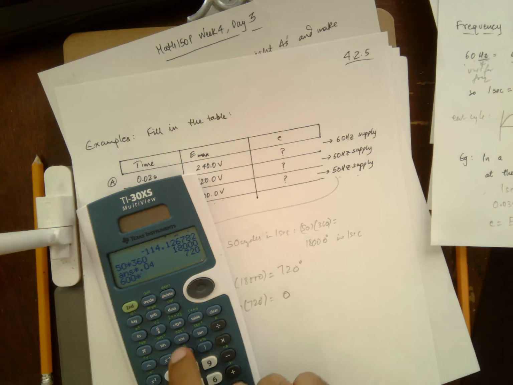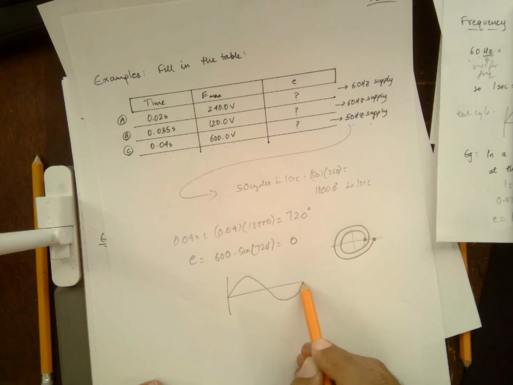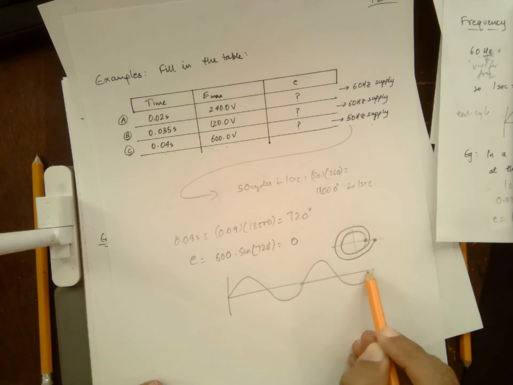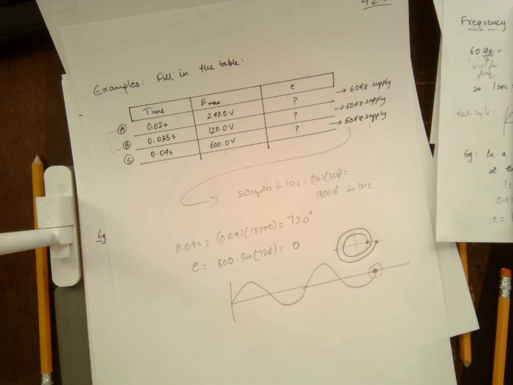Which means on the circle it goes around twice and it's back at 0, and on the graph you are somewhere here after 0.04 seconds. Okay. I'm going to leave you to do A and B by yourself. There's also a problem related to this on the worksheet. That's it for